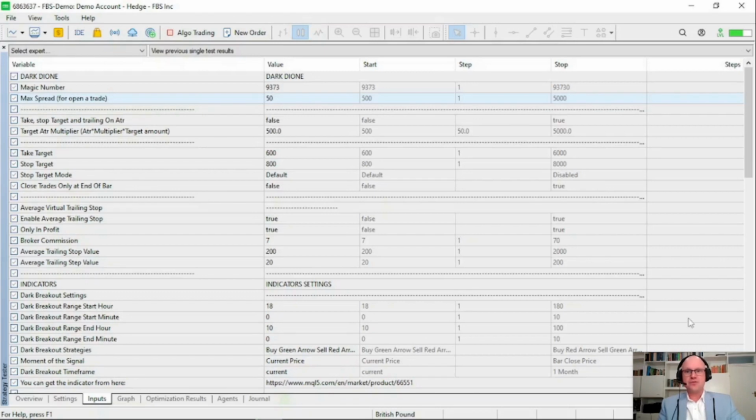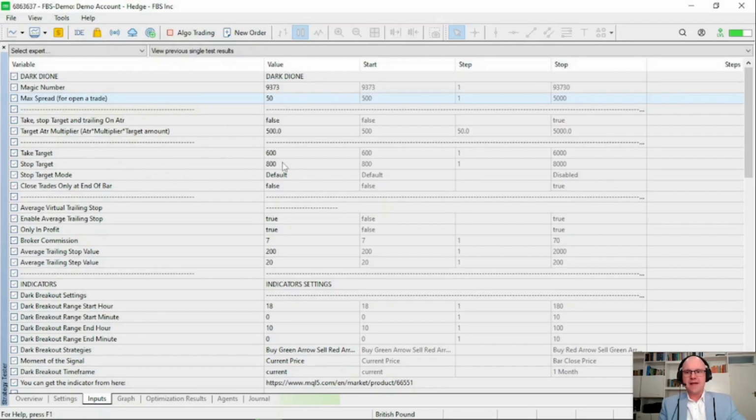Now, for those of you that used some of the author's other bots like Dark Moon or Dark Venus will be very familiar with some of these settings. Firstly, we have its identification number or magic number, so you can make sure that each expert advisor trades individually. Then it also has the option of calculating a take profit and trailing stop based on the ATR.